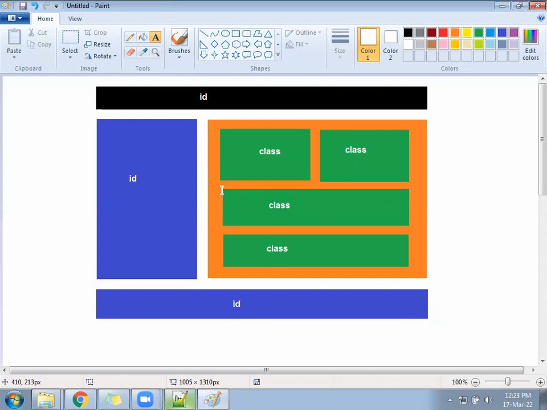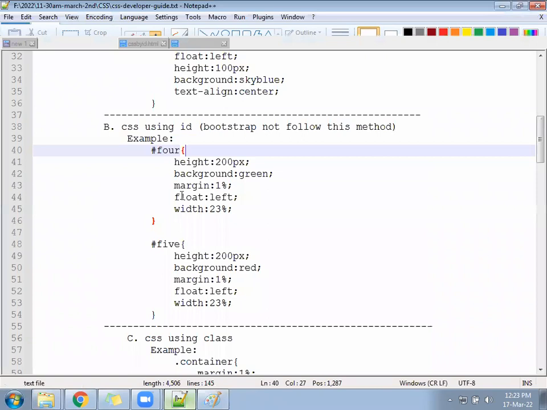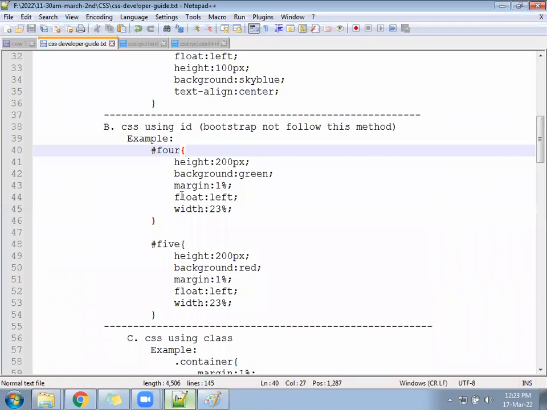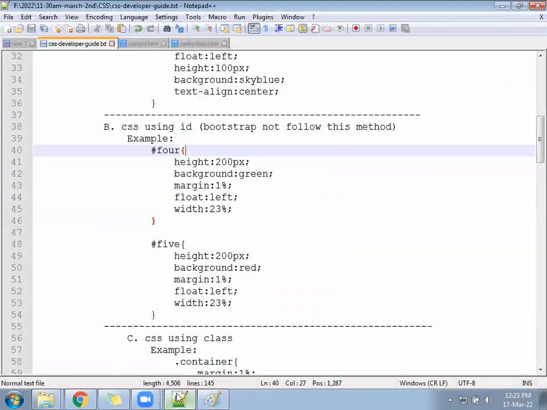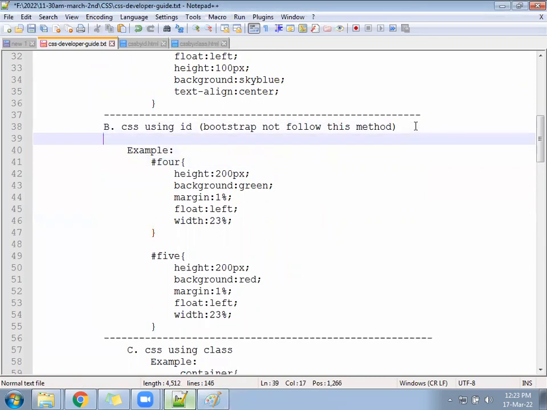Now this we will write in the theory inside our developer guide. Okay, so hope confirm. ID we should write if design is unique. Class we will write if the design is duplicate, same. So we'll go here and we'll write under the ID case. When to write the ID? If